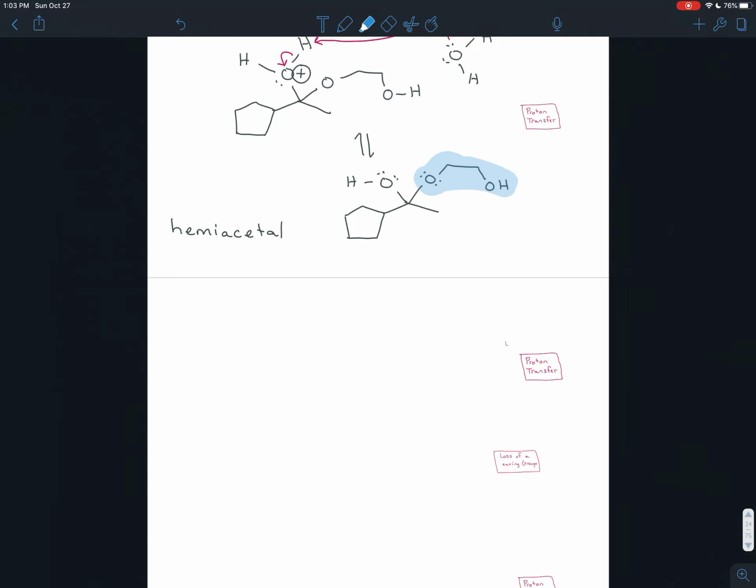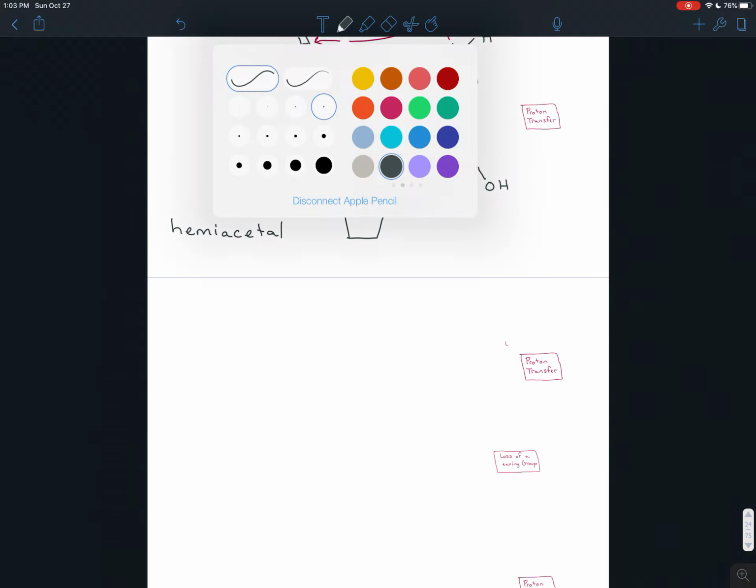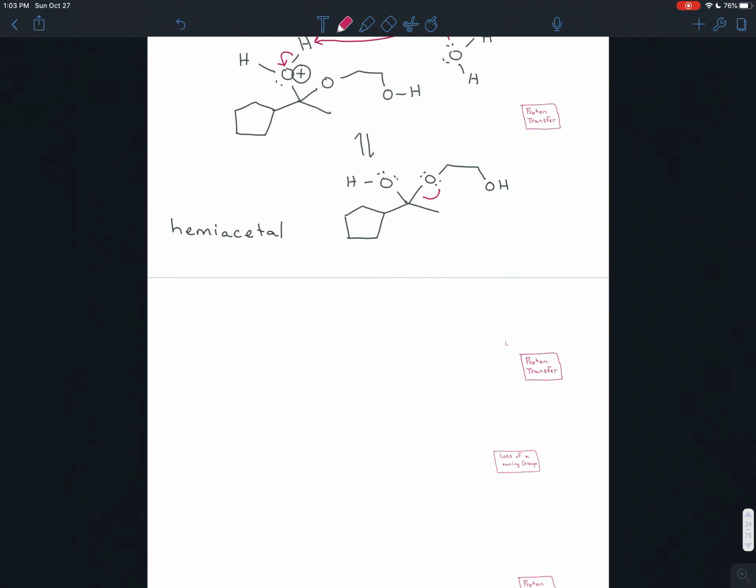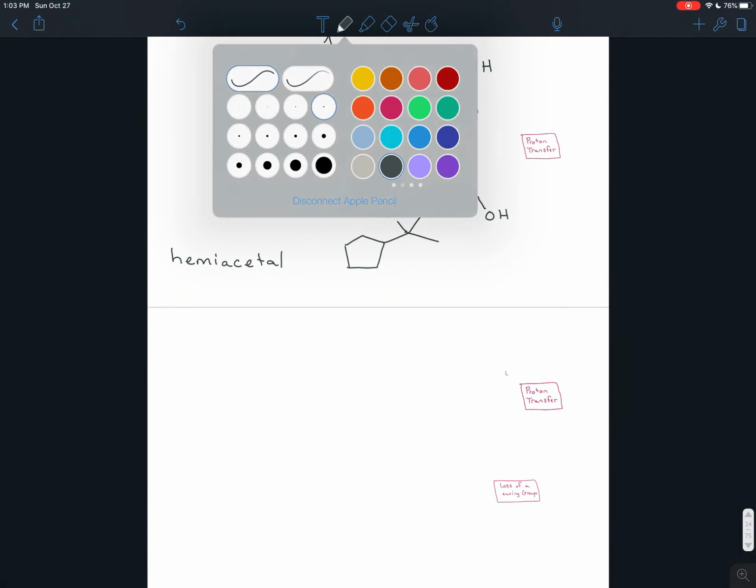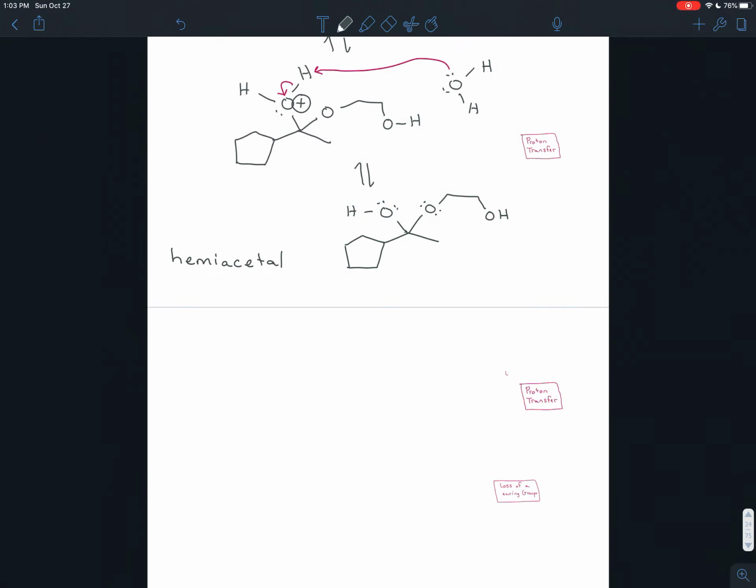And to do that, we want to kick off this ether. We want that to act as a leaving group, but right now it's a terrible leaving group. If this were to take its electrons and try to leave, you'd have a full negative charge on an oxygen atom. That's very unstable. So we have to turn that into a better leaving group, and we do that by doing a proton transfer. We can take one of the H3O pluses that we've made in the previous steps,